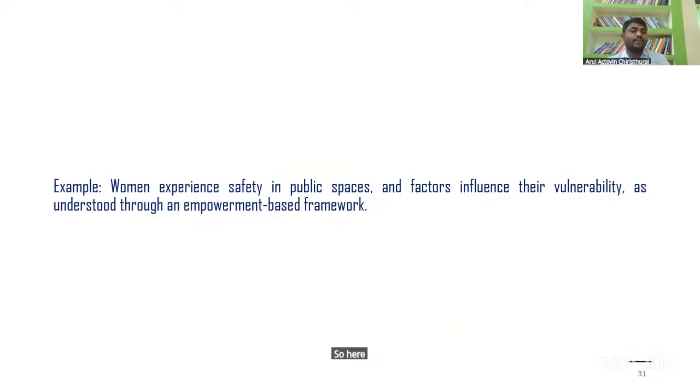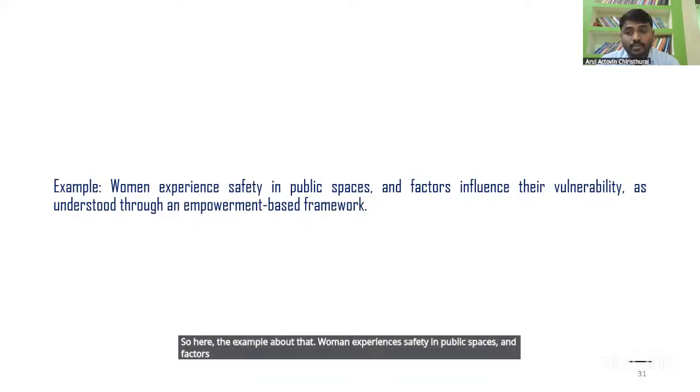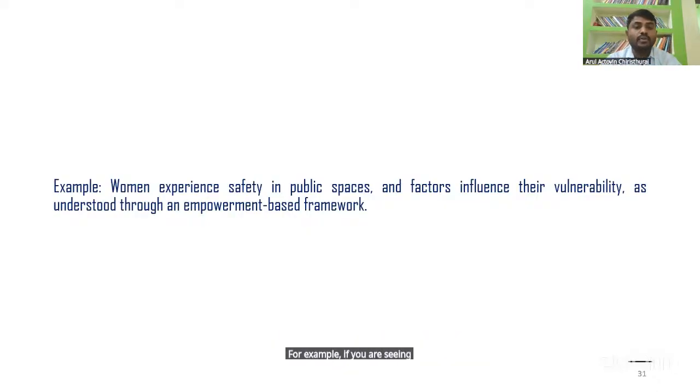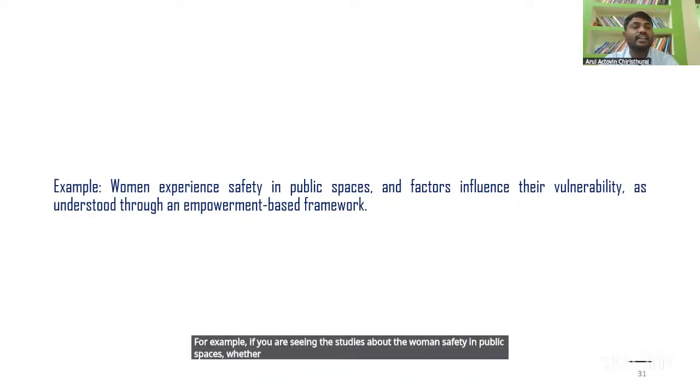The example is women's experiences of safety in public spaces and the factors that influence their vulnerability, as understood through an empowerment-based framework. The study is about women's safety in public spaces, and how these factors affect their vulnerability.